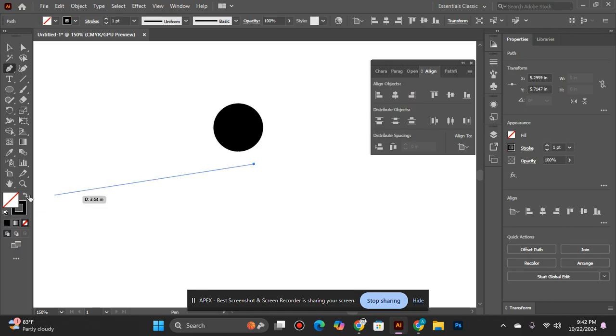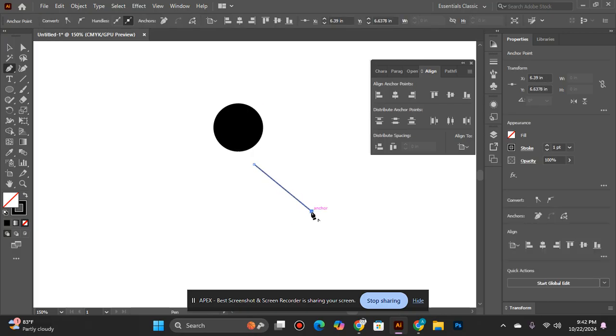So don't forget to switch into stroke, so that it helps you draw very easily with the pen tool. Okay,